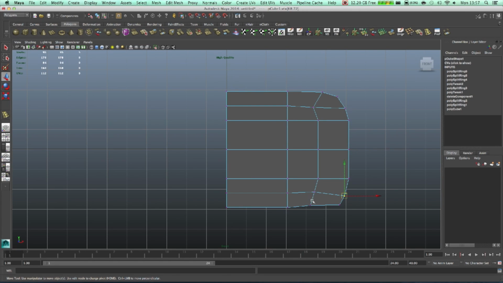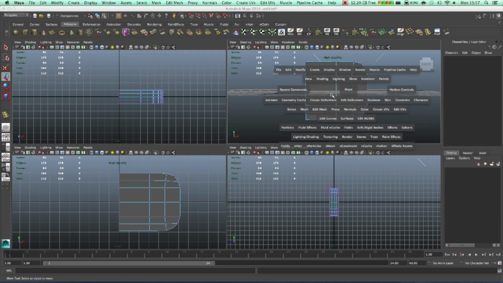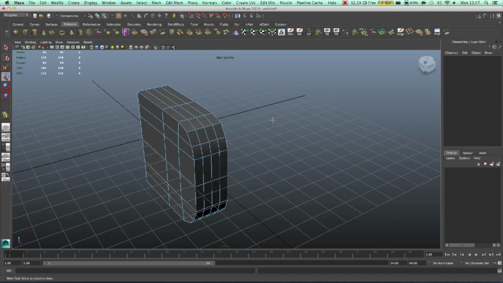I'm trying to do exactly the same position from top to bottom, and this grid is my kind of reference. Okay, this one doesn't matter at this point, so it's fine. Okay, so we have this,